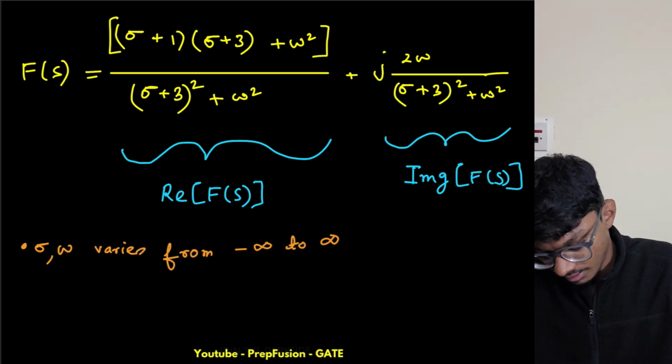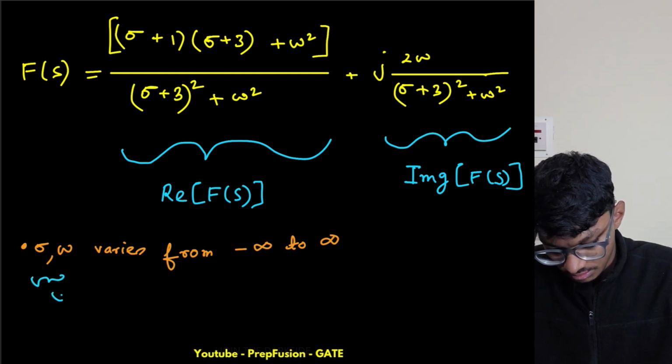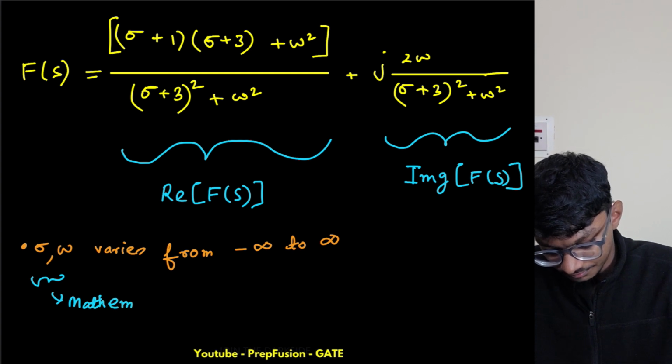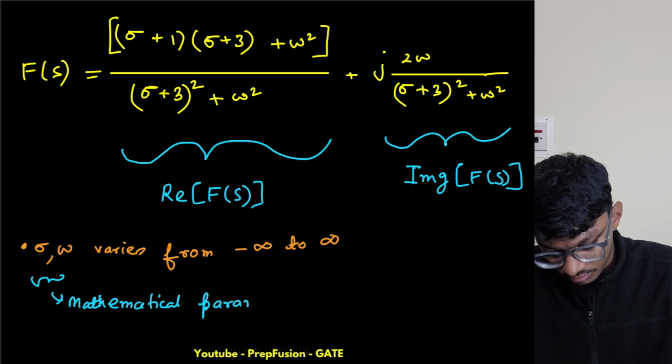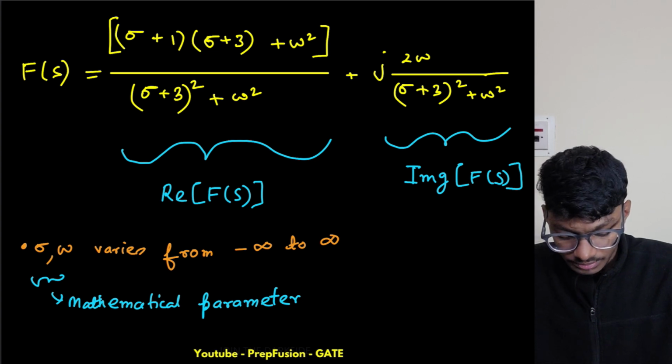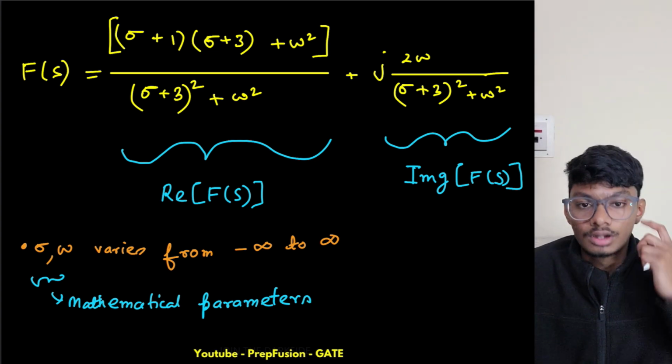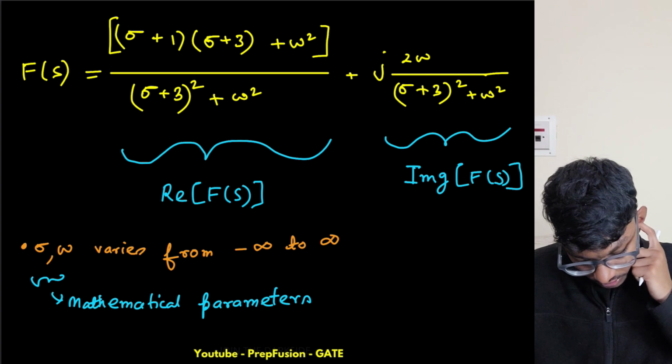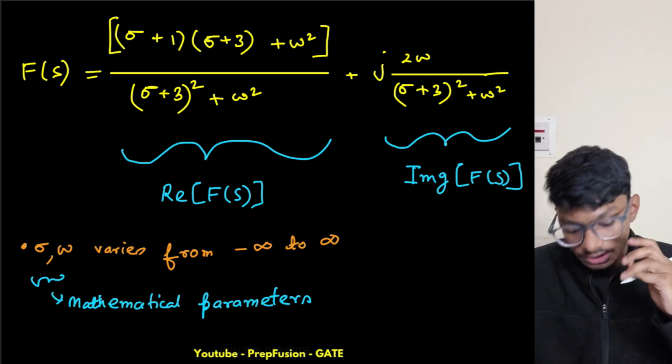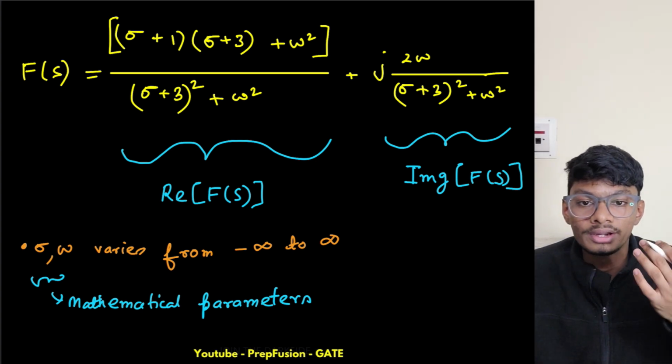So these are simple mathematical parameters, right? These are simply mathematical parameters. Now if these are simple mathematical parameters, I'm not thinking omega as frequency, so